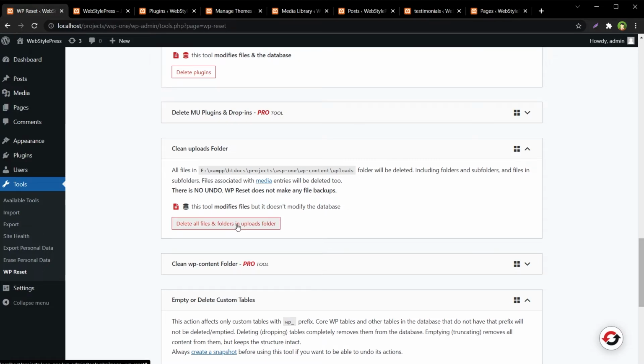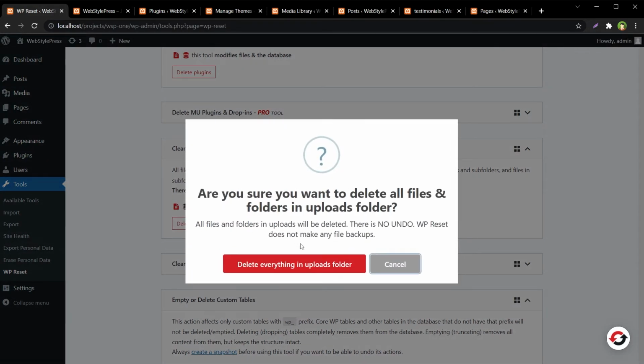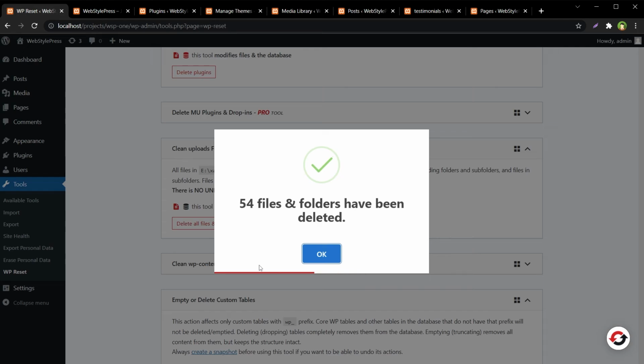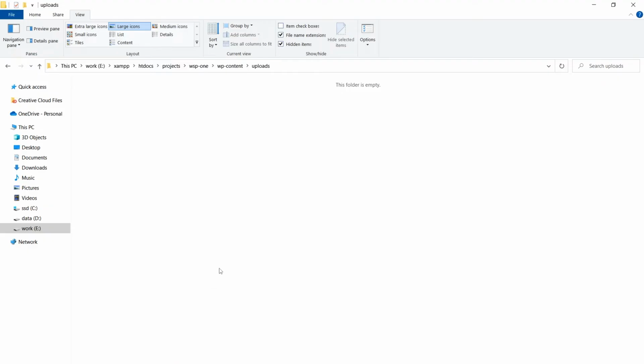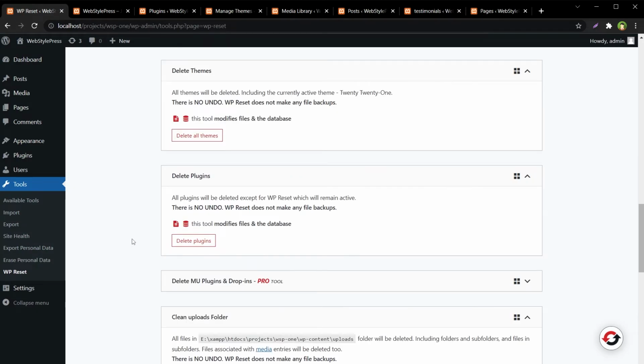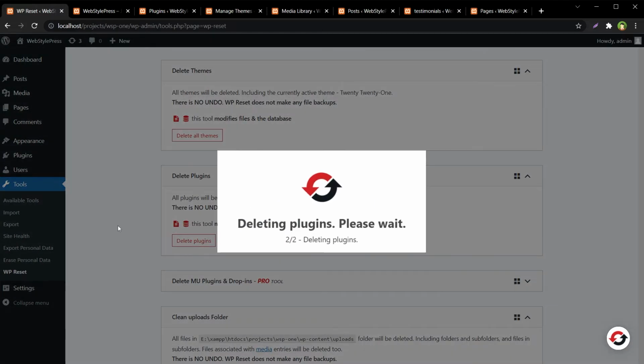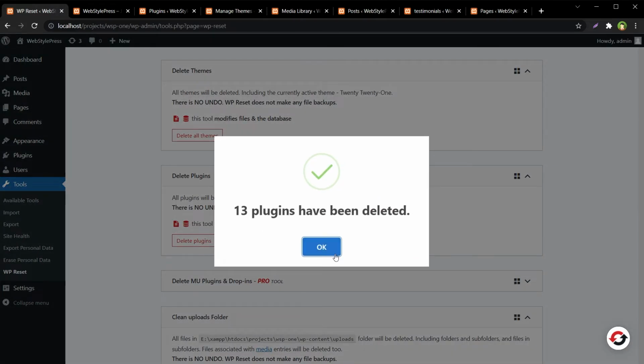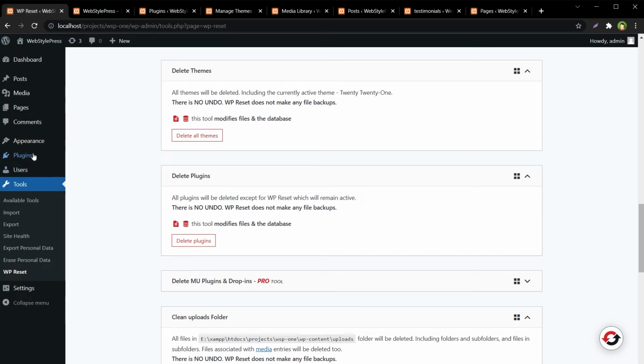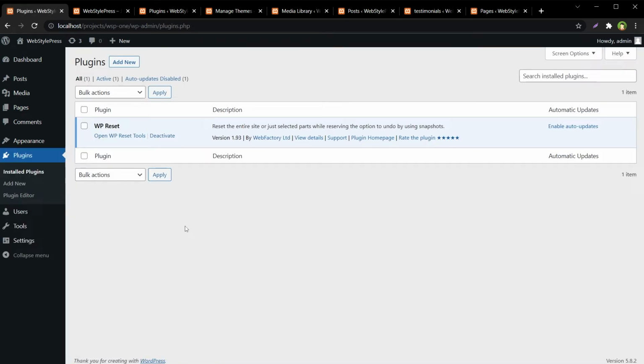Delete all files and folders in the uploads folder. Okay, this folder is empty now. And then I will delete plugins. Plugins were deleted. So we have only the WP Reset plugin left and all others were deleted.